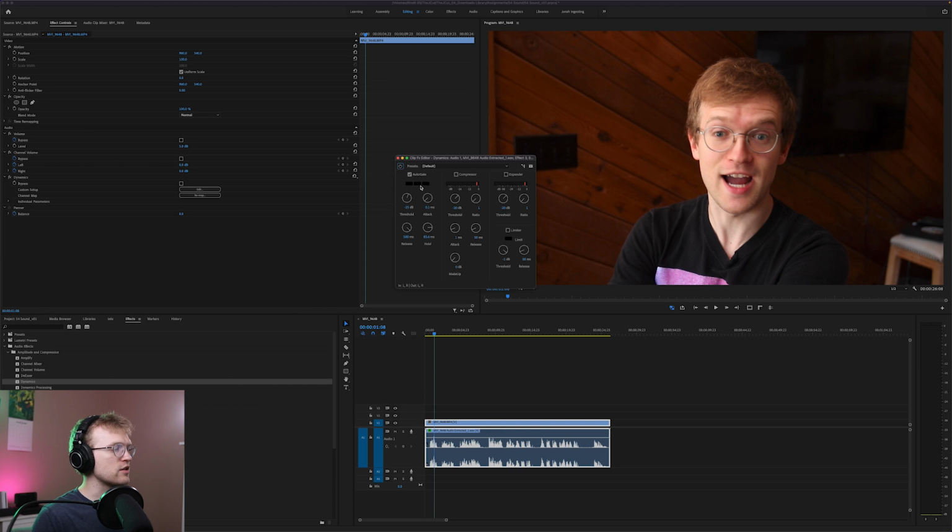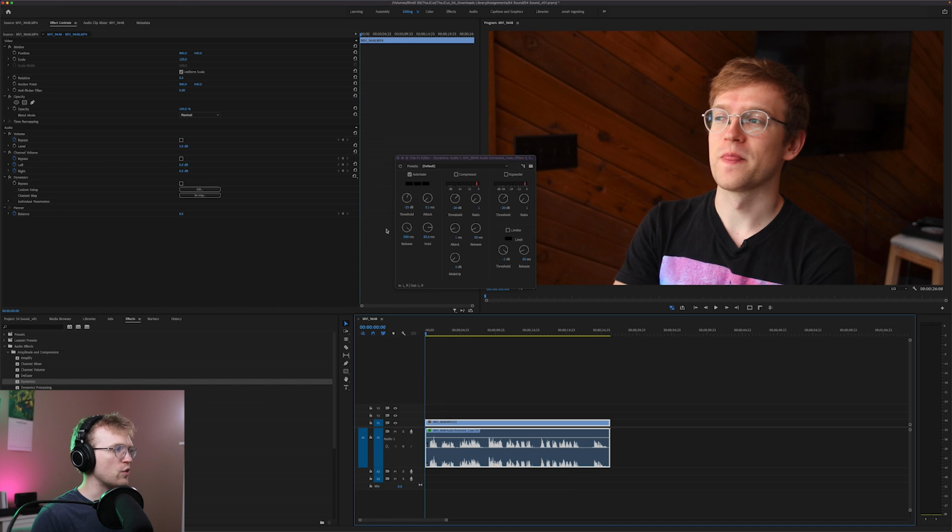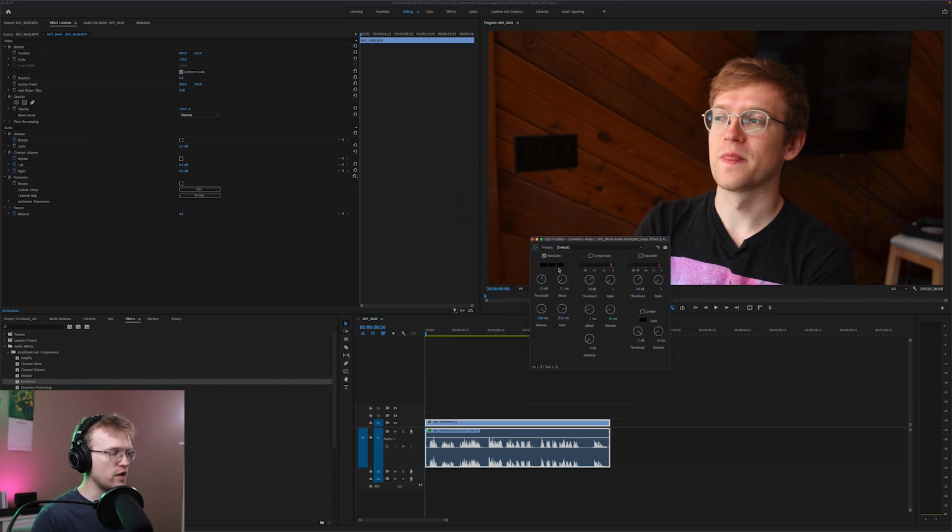As soon as I start talking, it starts switching between being open and starting to open and close. Green is the gate is open, and the auto gate is letting the audio from the clip through, and red is it's not letting it through, and I think yellow is it's switching from open to close. So let's just watch the gate open and close in relation to the decibels that are playing through from the waveform.